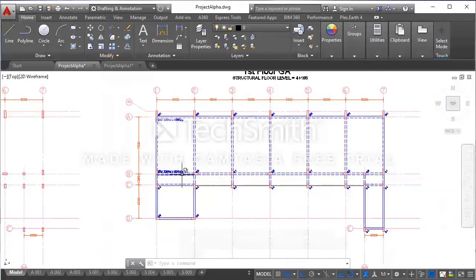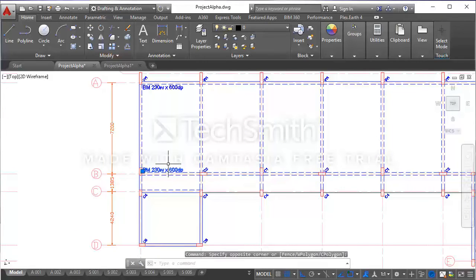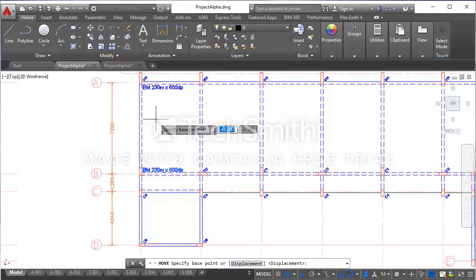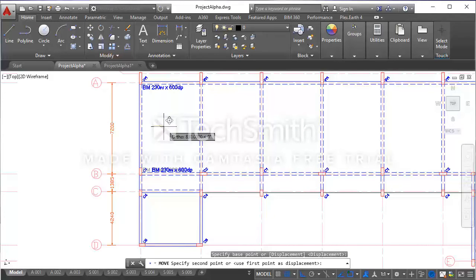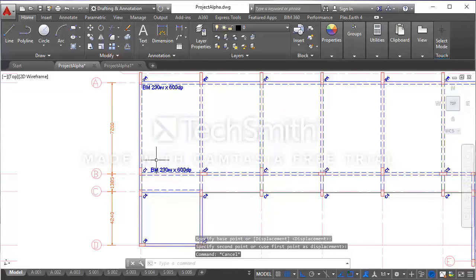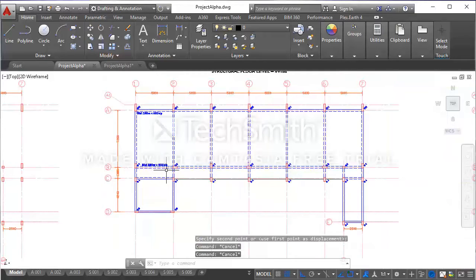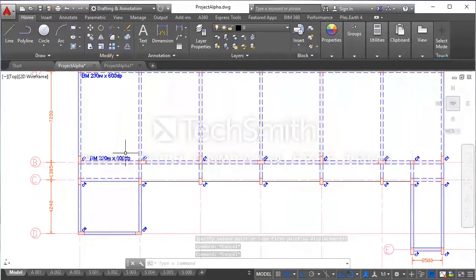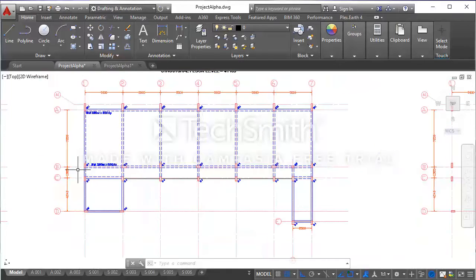So what you can do here, you can select the text and move it to the right hand side. So here, this single beam label represents the 1, 2, 3, 4, 5, 6, 7 beams along grid line B.